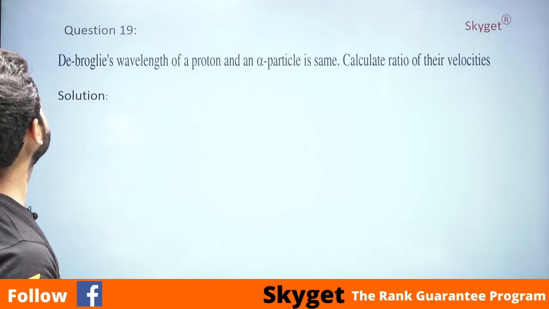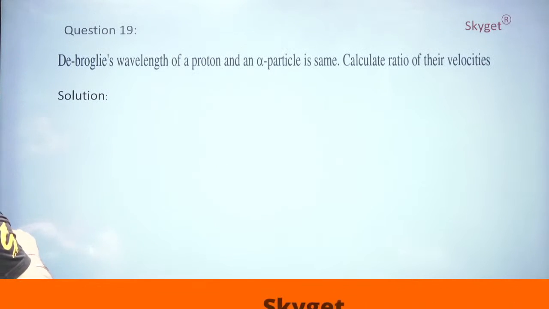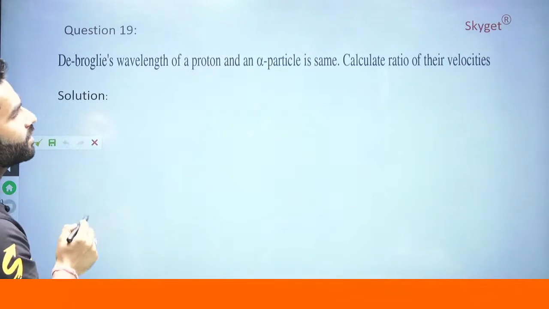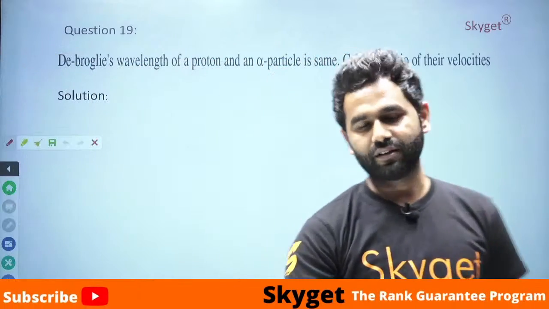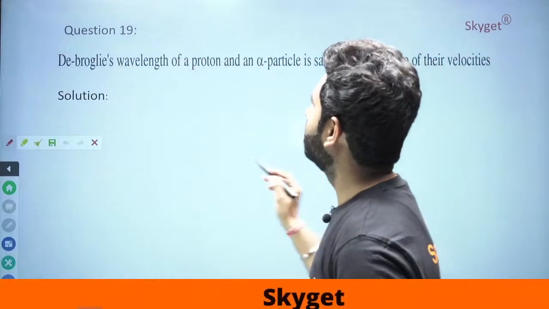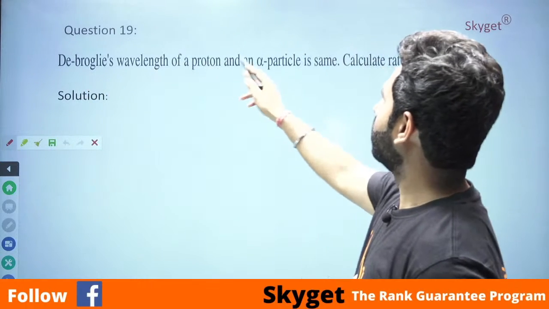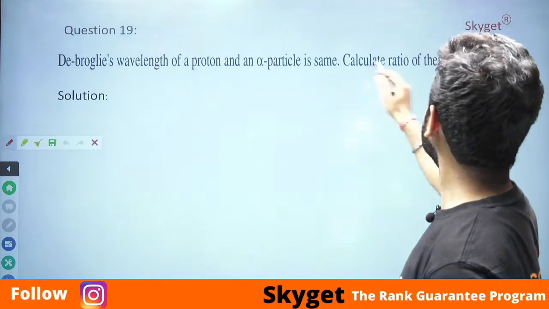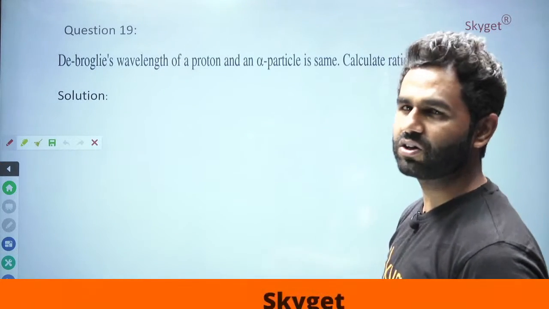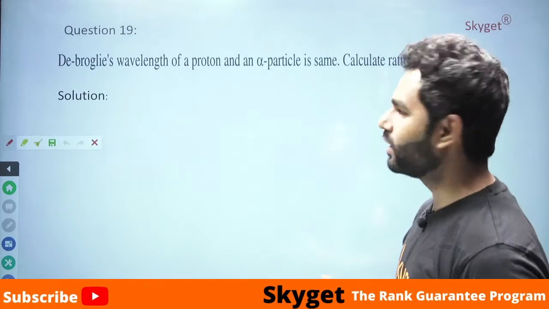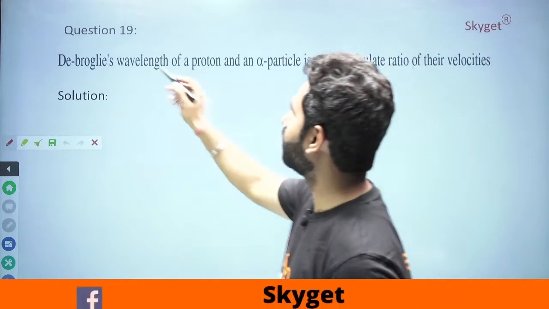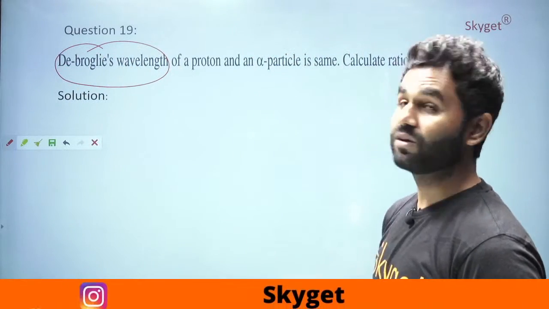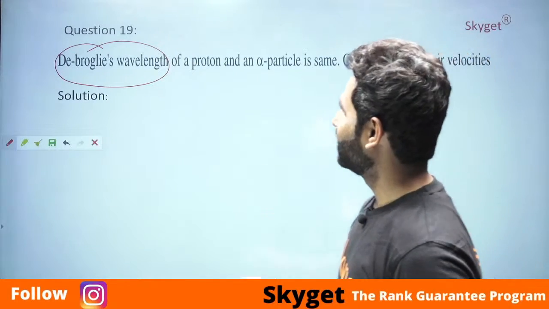Let's go to the next question. The next question says, let me read the question and I will tell you, is it easy, difficult, layman question or just an NCERT concept? The de Broglie's wavelength of a proton and an alpha particle is same. Calculate the ratio of their velocities. Very easy question. In the first shift also, in the morning, we had discussed the same de Broglie's wavelength concept. In case you are seeing the same video, you would have been remembering that